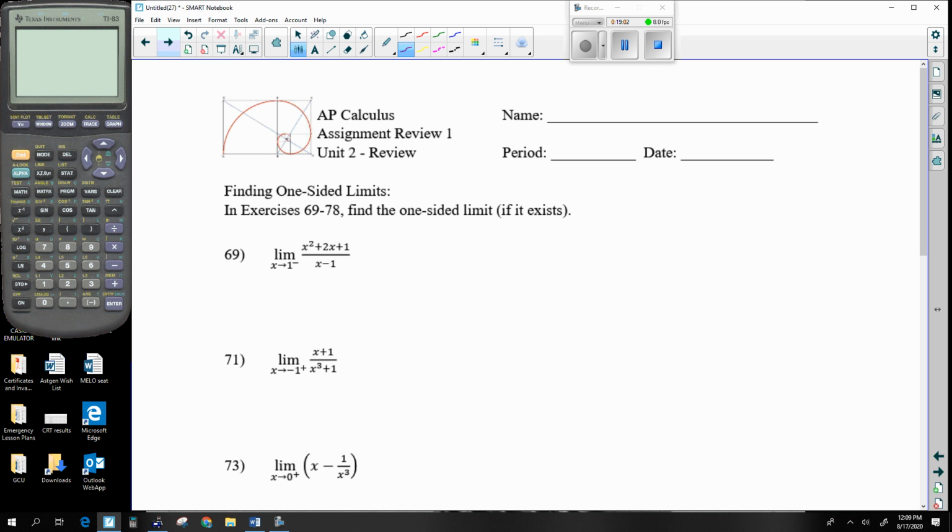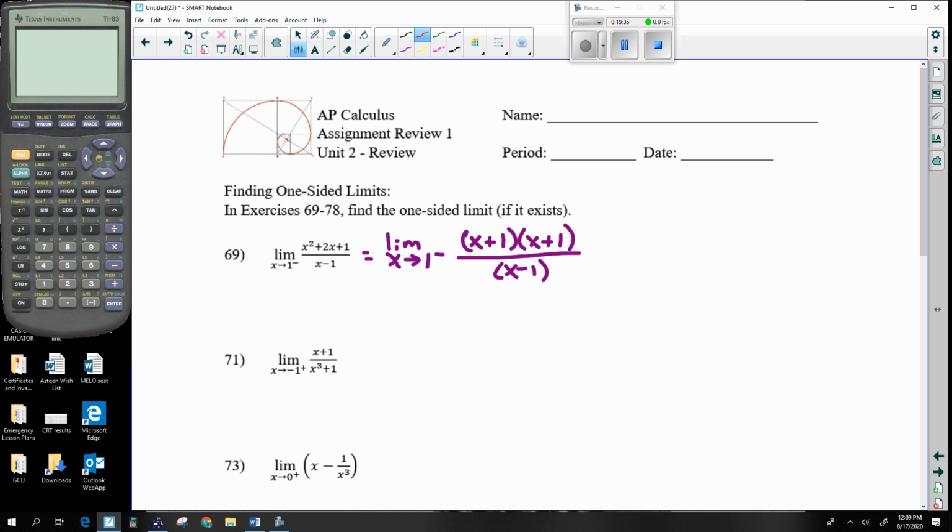Okay, find the one-sided limit. Right, so before I get into my positive and negative zeros, which I'm assuming is where this is going, I do notice that this is factorable. Not that it really cancels anything, but it'll kind of help my mathematics out here a little bit. All right, so